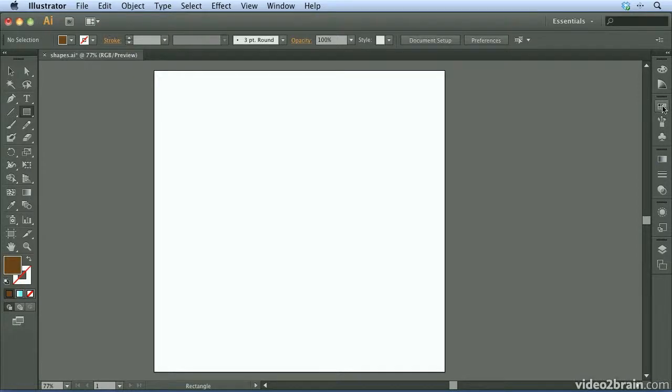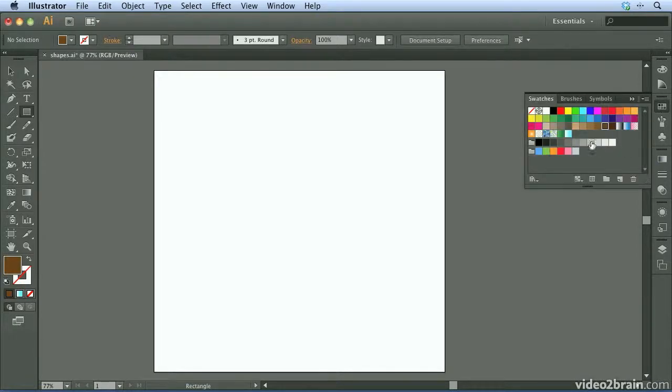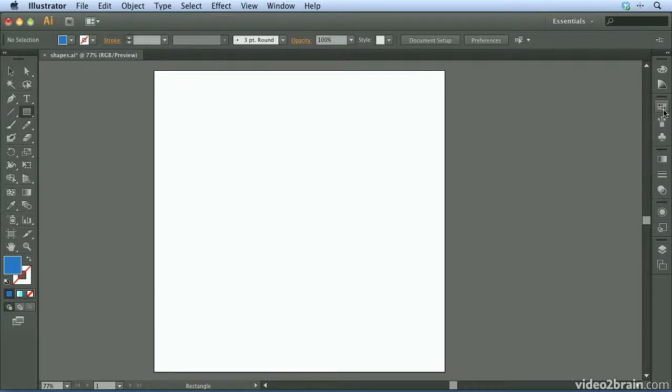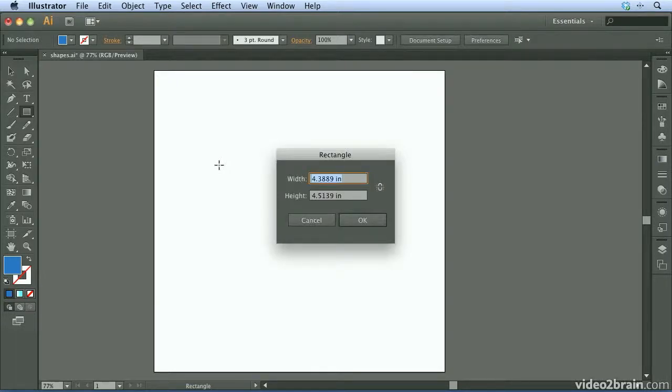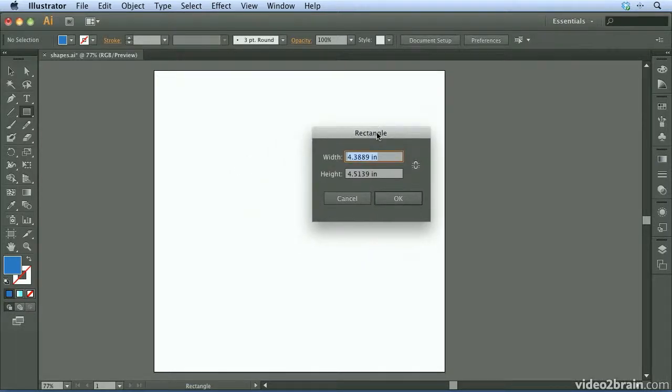And let's switch over to our swatches panel. And I'm going to select a blue color that's in my swatches panel here. Go ahead and close my swatches panel. And another way that we can draw using this tool is by simply clicking once on your artboard. This brings up the rectangle dialog box that allows you to specify the exact size of the shape that you're